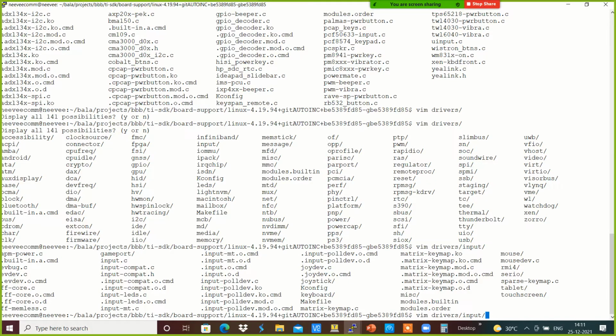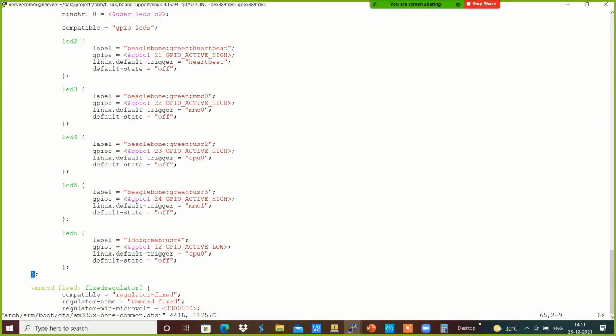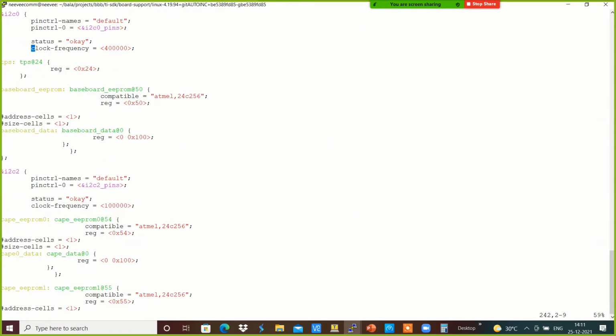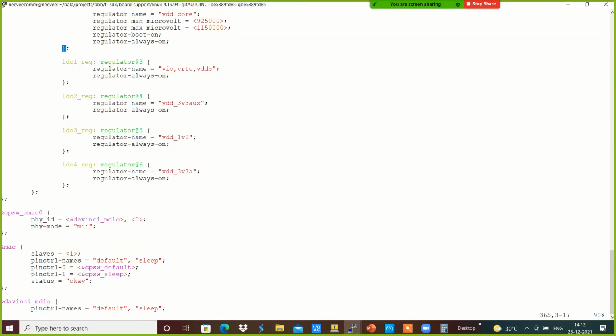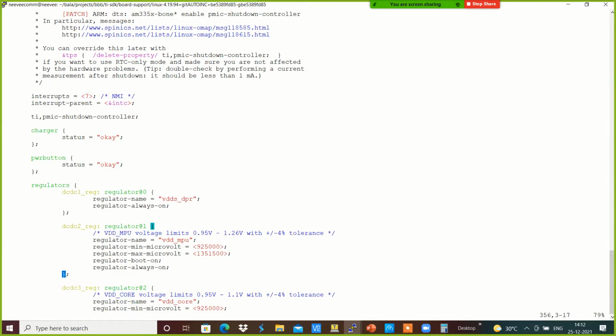In a similar way to LEDs, if suppose we wanted to add the input keys that we have defined over here, it's something like a key which can be used for a button, which is like a power button, with the status okay.